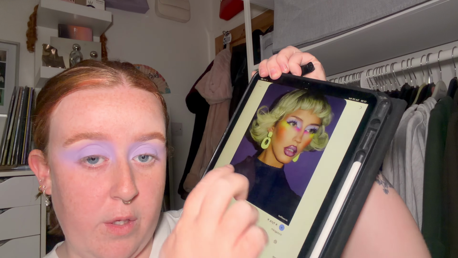And moving on to skin before we do the rest of the other colours, because obviously we need a base down. I'm not going to go too hardcore of a base. I think I'm just going to do some concealer, bronzers, blush, etc. and still have freckles showing and stuff. So I'm just going to go in under the eyes. I think I need a new one of these, to be honest. And then I'm just going to do